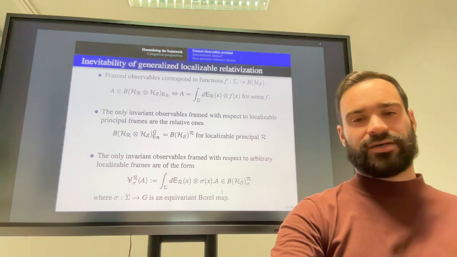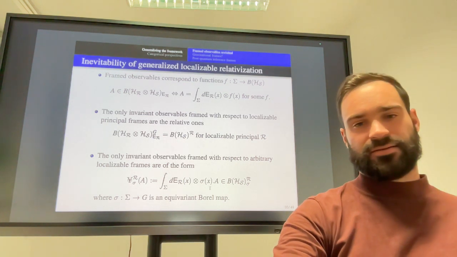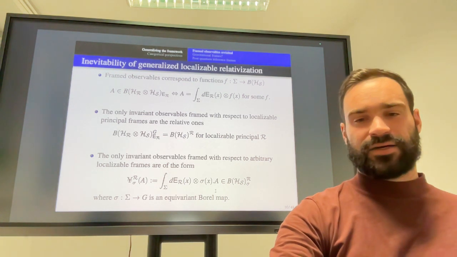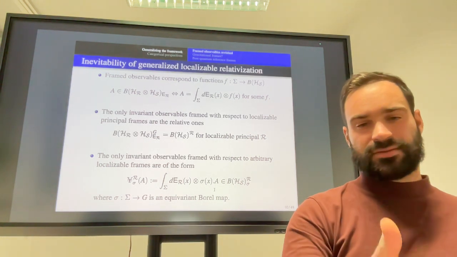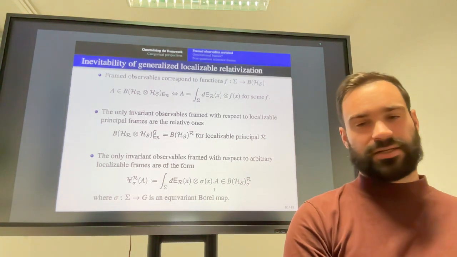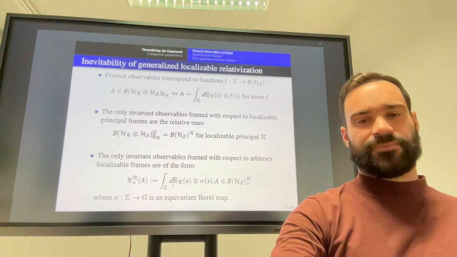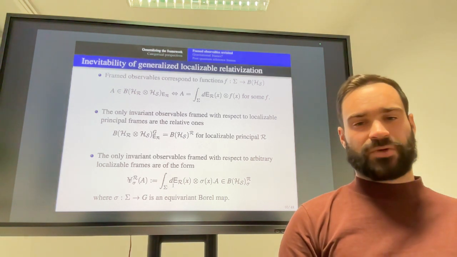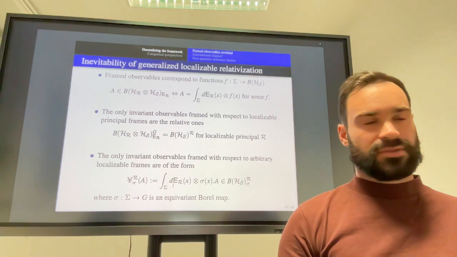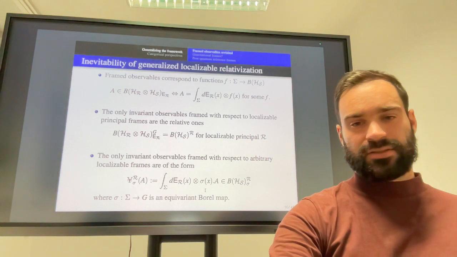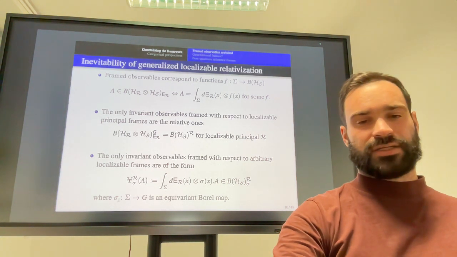So normally we have Yen with sigma just the identity on the group, and then this is Yen. And it turns out that if I have a frame that's not principal, so sigma is just a space on which the group acts, but I still require the frame observable to be covariant, then I can still generate invariant observables by this construction for any choice of such a map